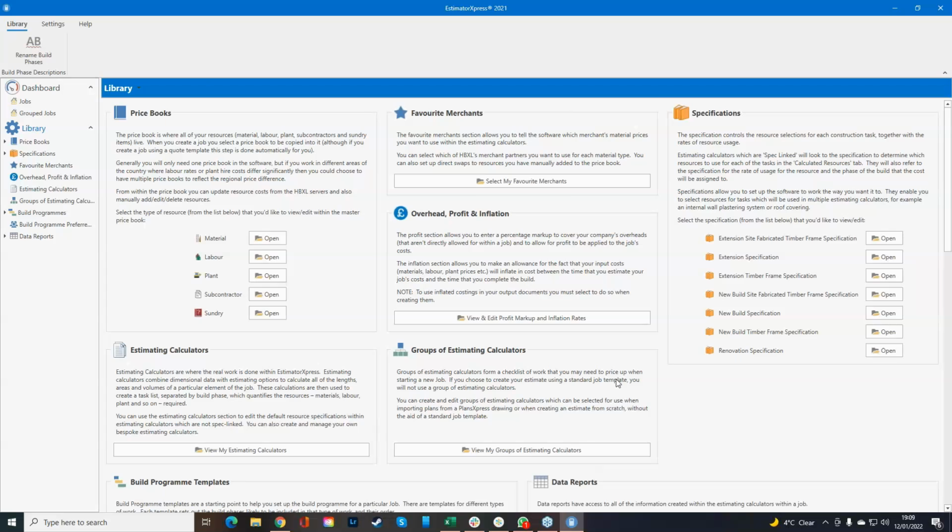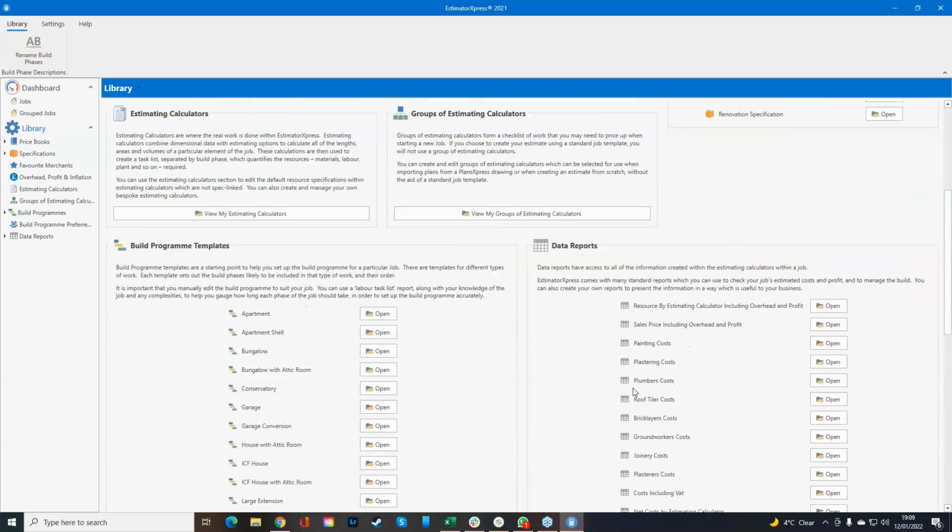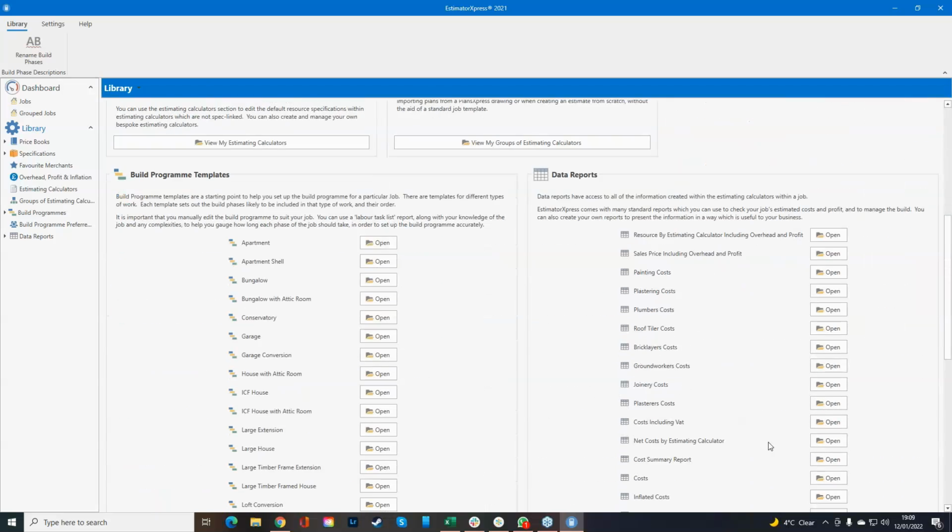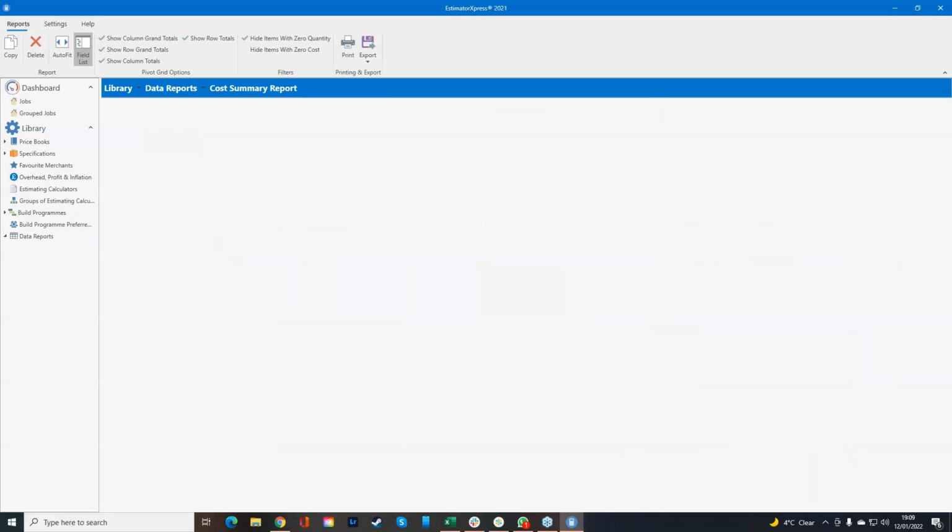And that's your library before going into the data reports as well. And this is the information that you're going to be able to see at the very end of the quote. This isn't for your client's eyes, this is for your eyes only. So you can even see a breakdown of your cost summary report as well, just seeing exactly how much money is going to be spent over the course of this job,